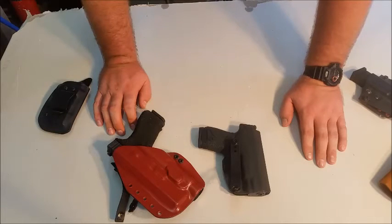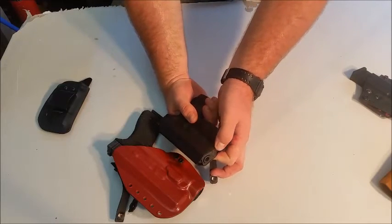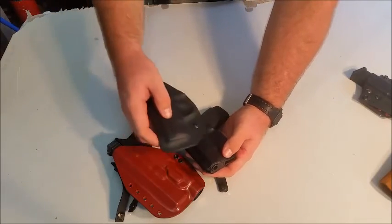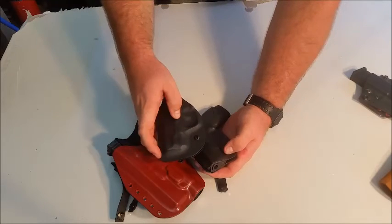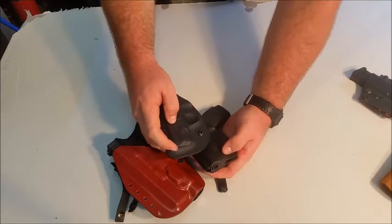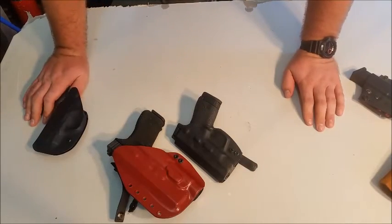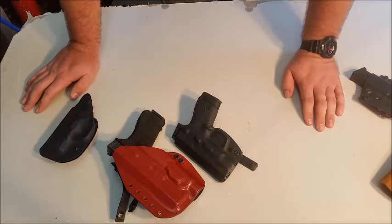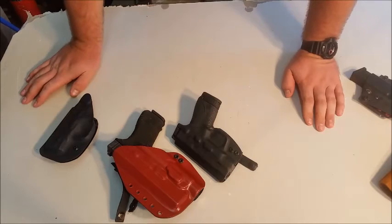It tucks really well, it rides really well. It doesn't have that real high spot. It's more of a gentle curve down here around the bottom of the frame, as opposed to this one, and on the top of the slide as well. Very wearable. Both these I'd highly recommend 100%. And this one I've carried for 10 months, drawn from thousands of times. This one only a couple hundred, but